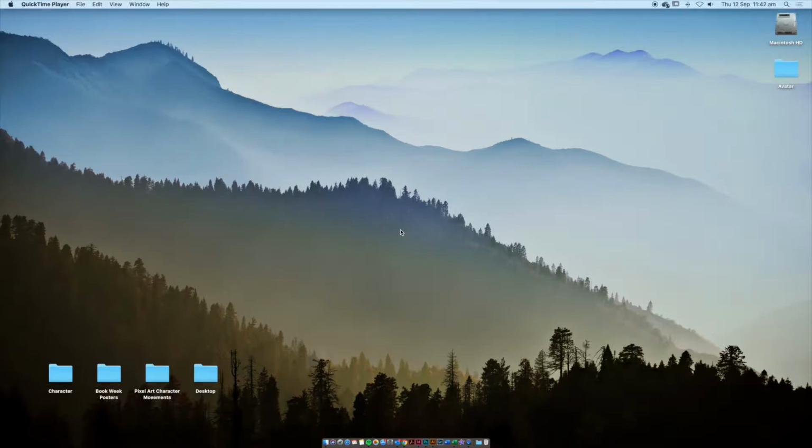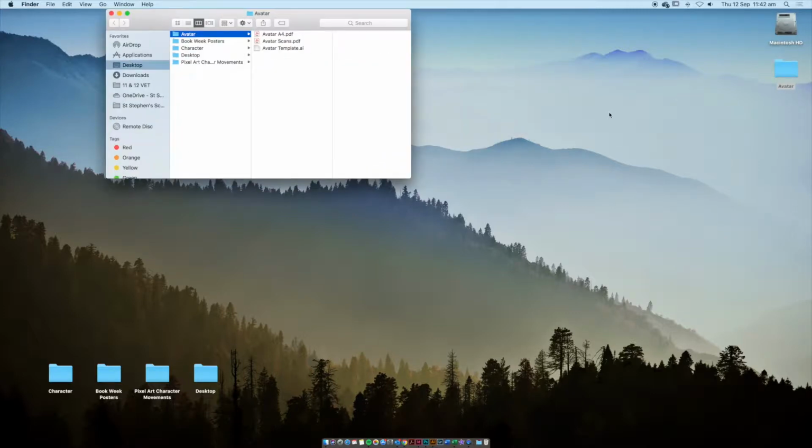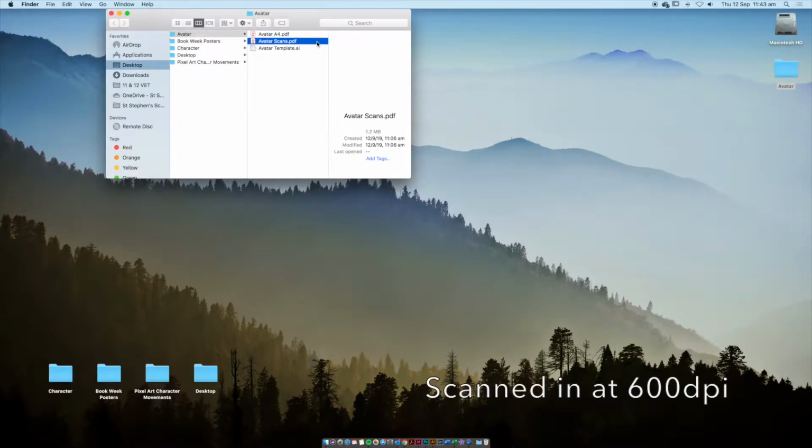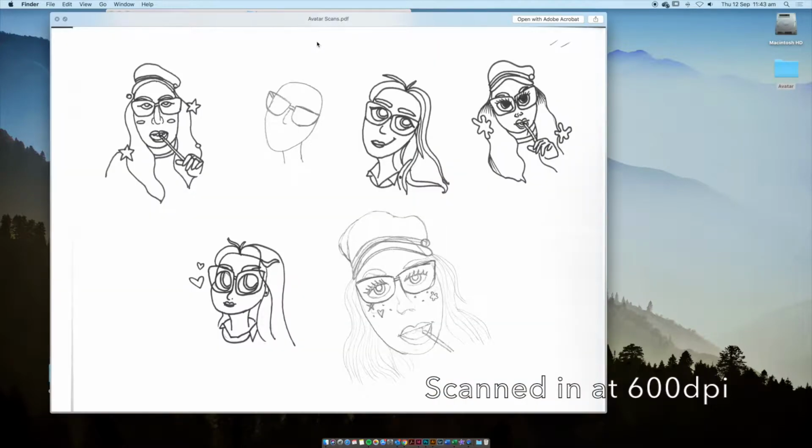Hi everyone. In this video, we'll be going through the steps to create your avatar illustration. On my desktop, I have created a new folder called Avatar, and inside this folder, I have the scans of the avatar thumbnails. I only want to use one of these characters, which is this one,